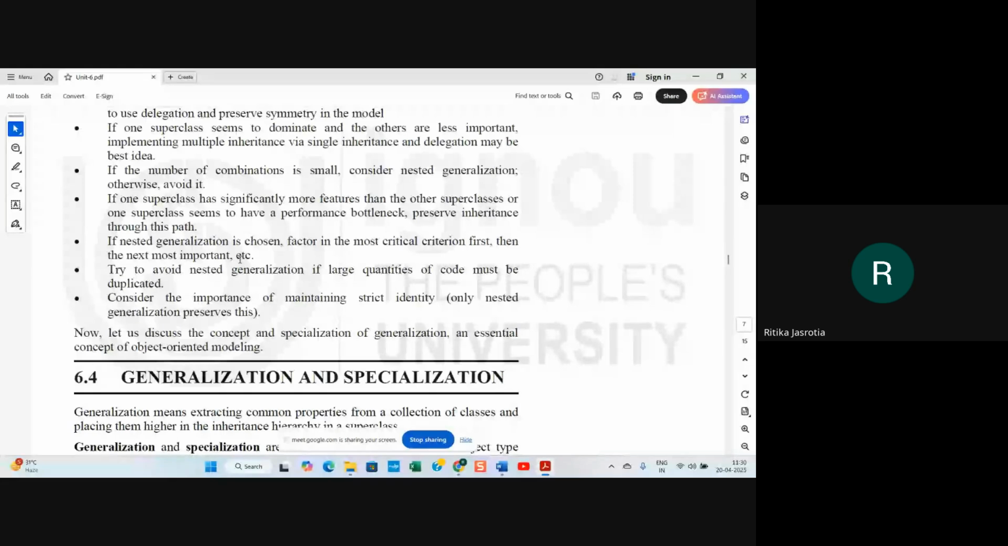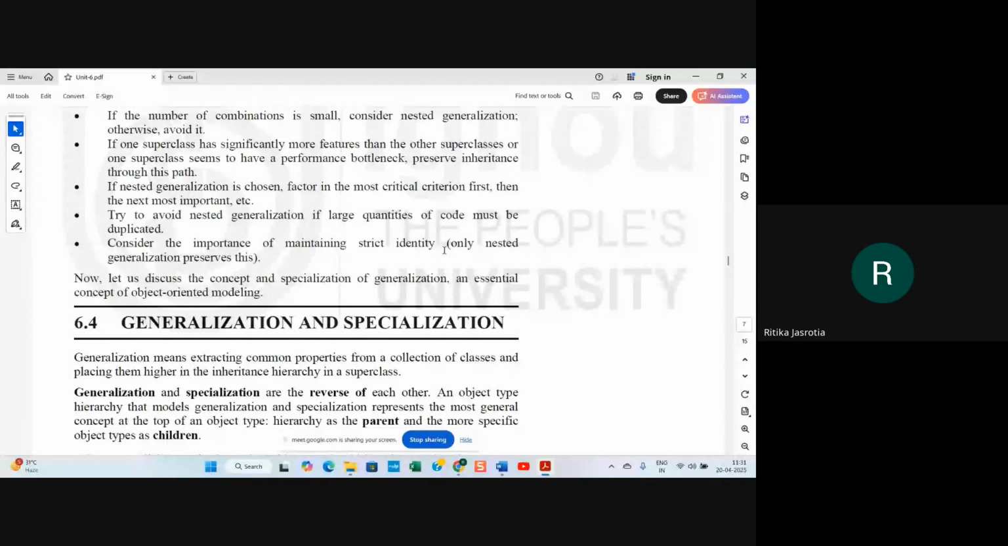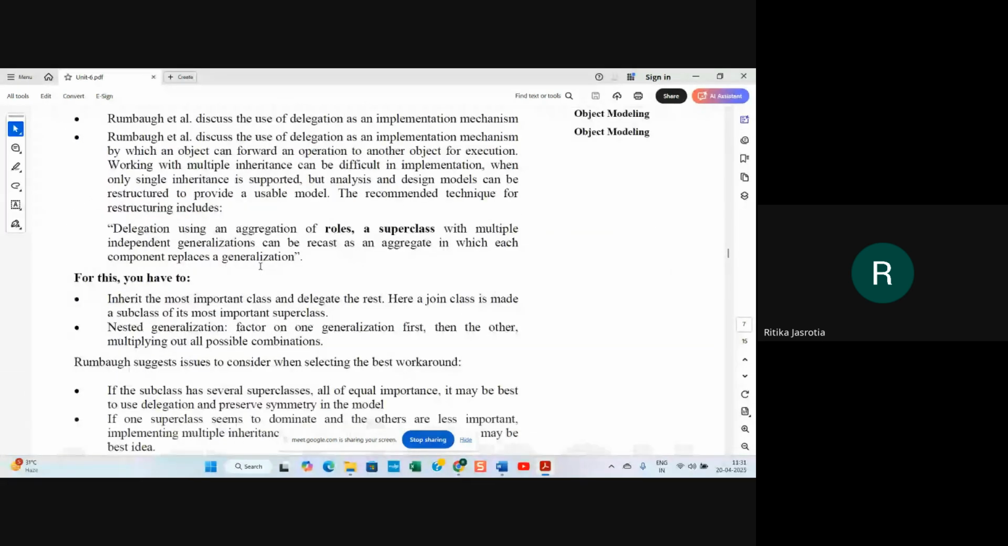If nested generalization is chosen, factor is the most critical criterion first, then the next most important, etc. Try to avoid nested generalization if large quantities of code must be duplicated. Consider the importance of maintaining strict identity; only nested generalization preserves this. So they are saying you have to use generalization or multiple inheritance